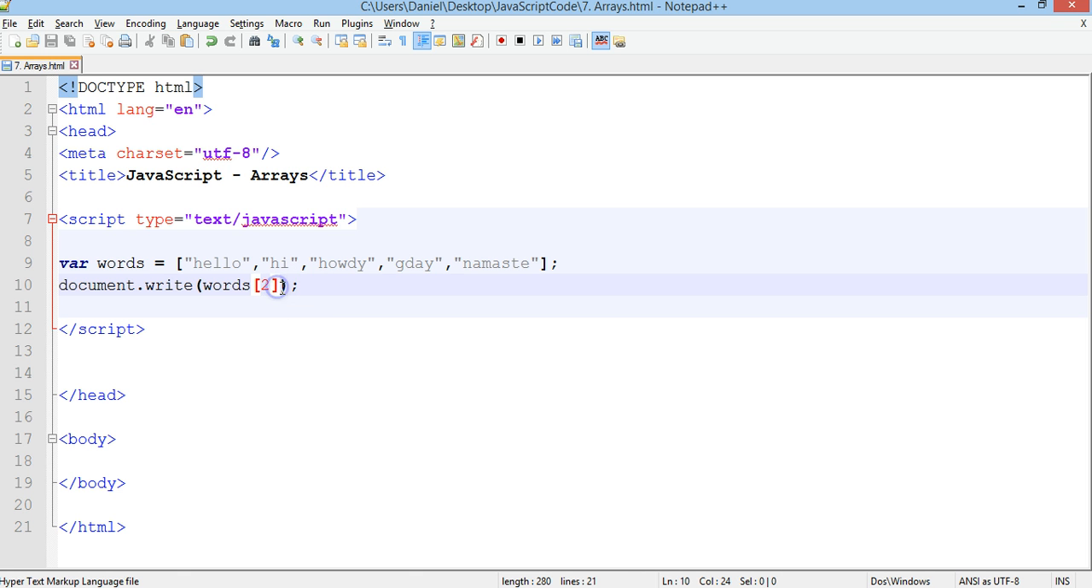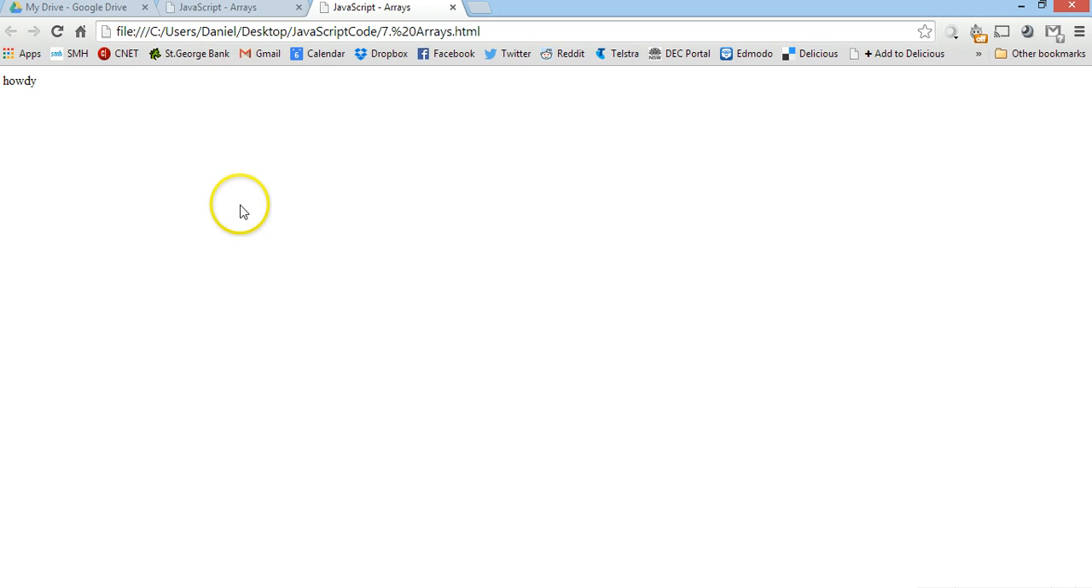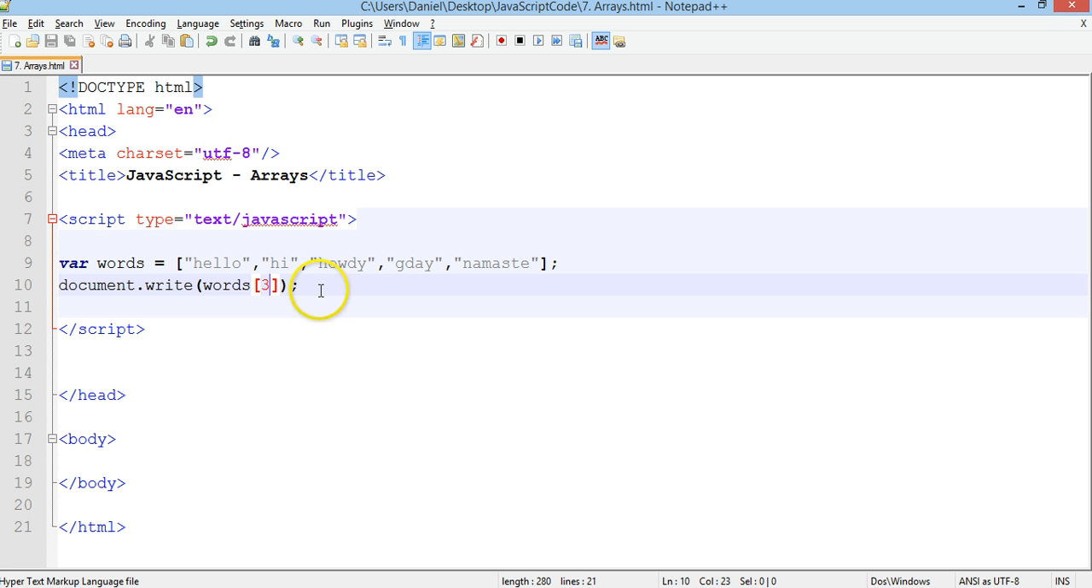If we change 2 to 3, it should say g'day. Save that and refresh. There we go, it says g'day. Okay, now we don't necessarily have to